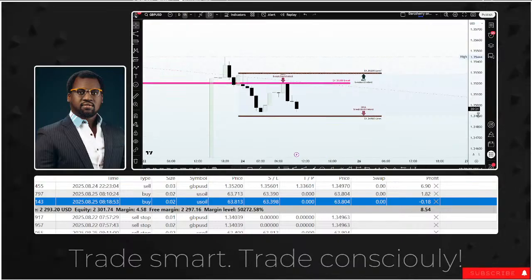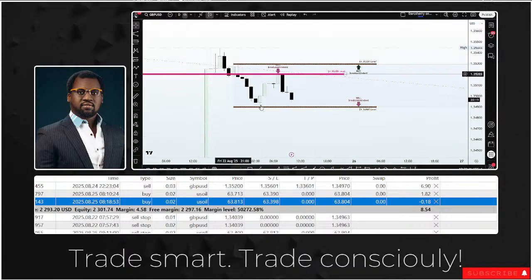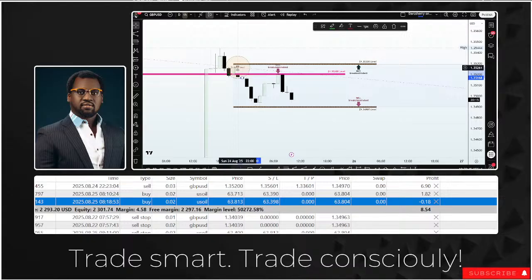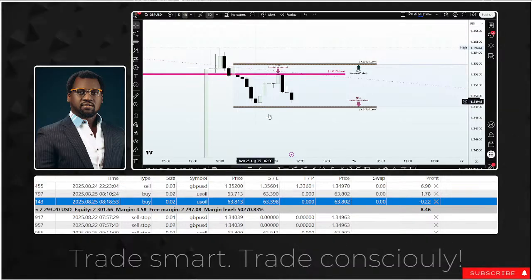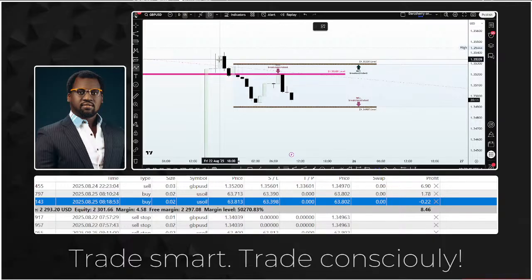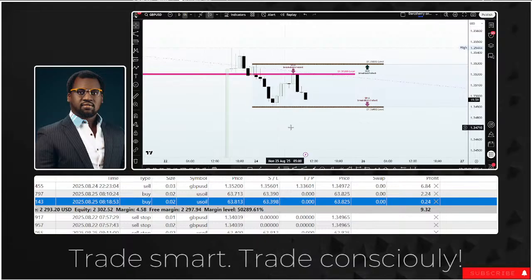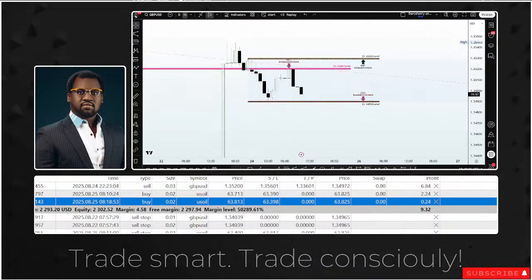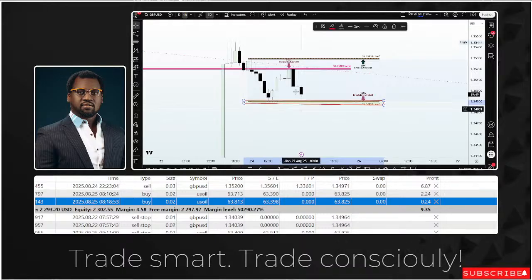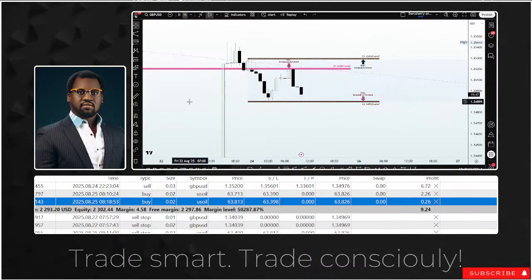Now, since the week began, as you can see, price started the week at 1.330 level, dropped into the 1.349 right here, then came back again into the 1.3530 and the key level to incite another move to the downside. So I sold below the 1.352, and hopefully I'm going to be adding one more sell position below the 1.349. As you can see, we need price to break down the support line to feel comfortable